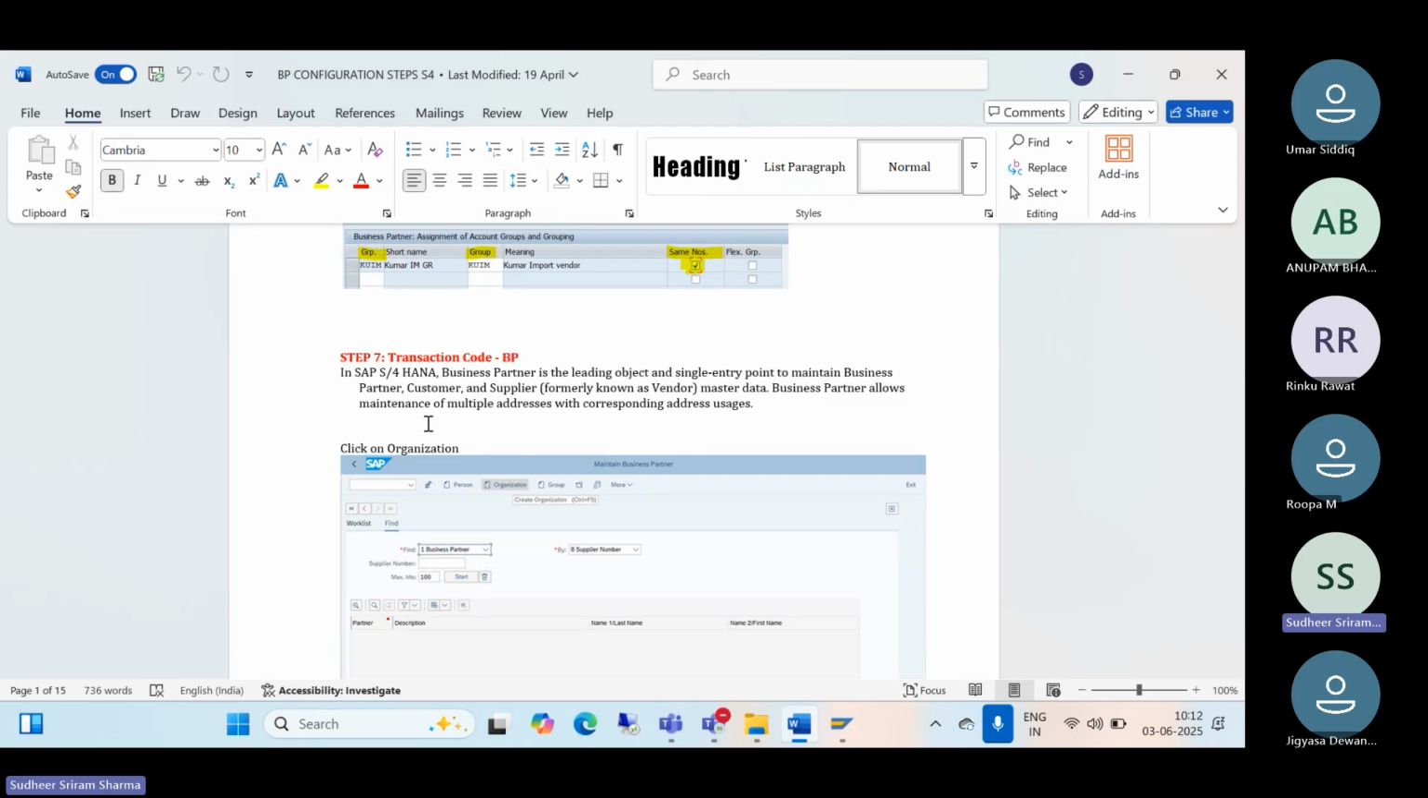And if you want to create the customer master data also, you can go with the BP transaction code and create it over there. How does the system know whether you are creating the vendor or customer? There are the roles. Yesterday I explained about the roles. If you choose the role, the system will understand whether you are creating the non-PO invoice vendor or